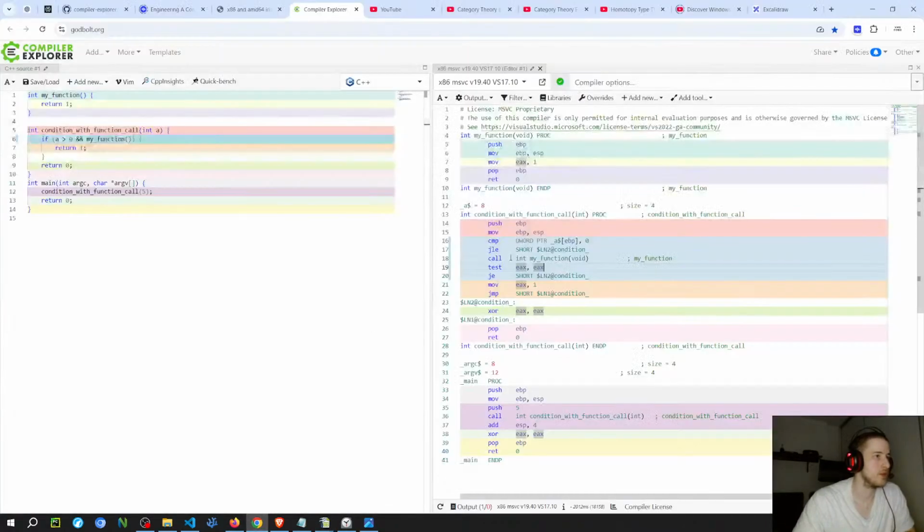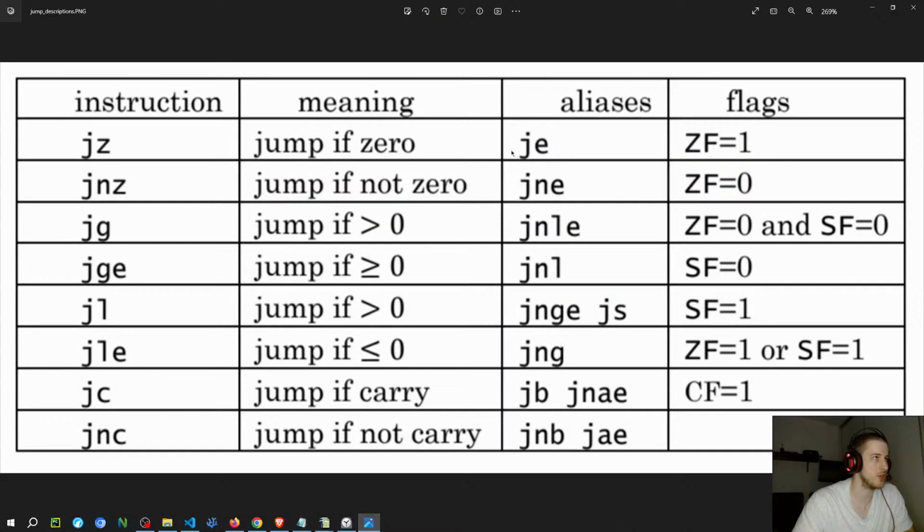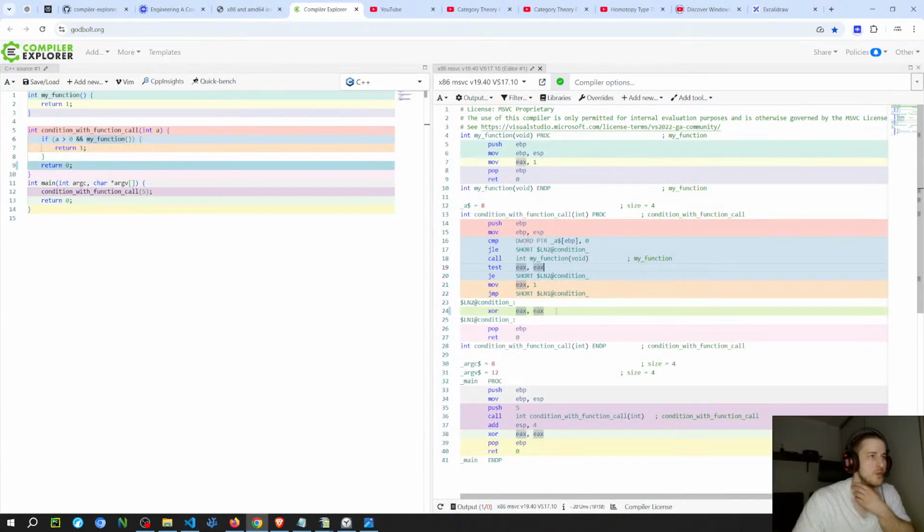So it's like doing an AND on the two stacks. So this is basically checking to see if the value of EAX is 0. And if it is 0, then it's going to be equal, and then it's going to jump. So JE is equal, ZF equals 1. I think that's the reason why it's confusing, because it tests. So if the value is 0, then ZF is going to be 1. I think that's the part that was confusing me. And if ZF is 1, then it means that the JE is going to jump. So it's basically, if EAX is 0, it's going to jump.